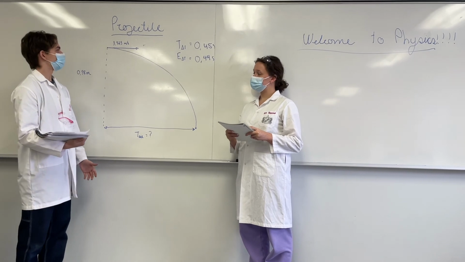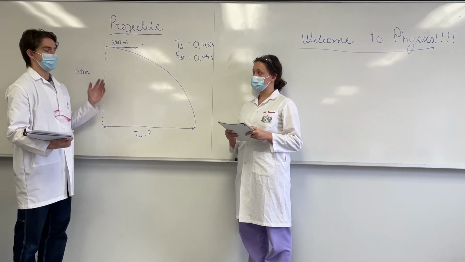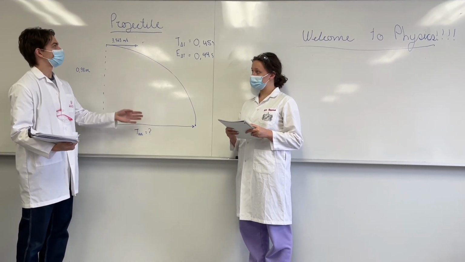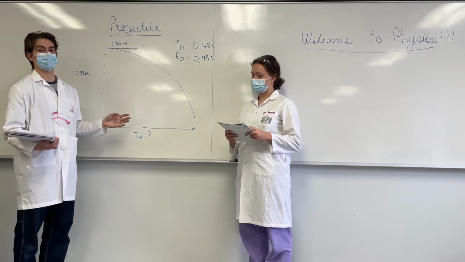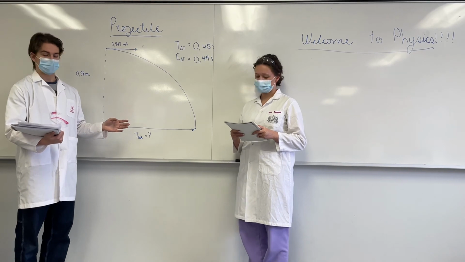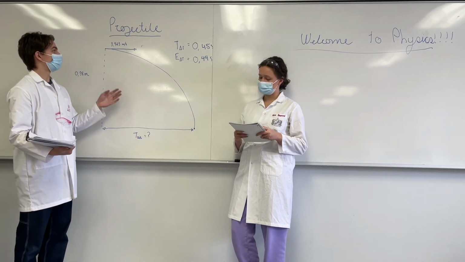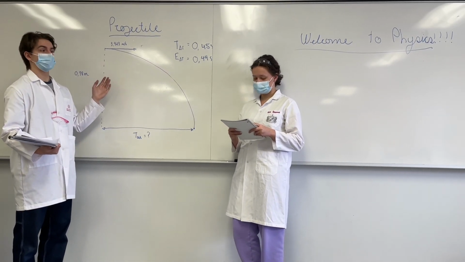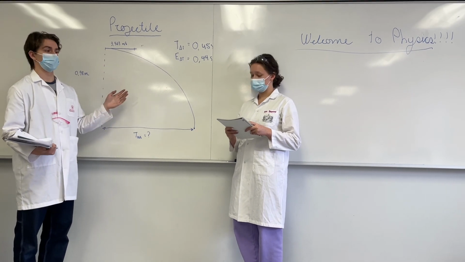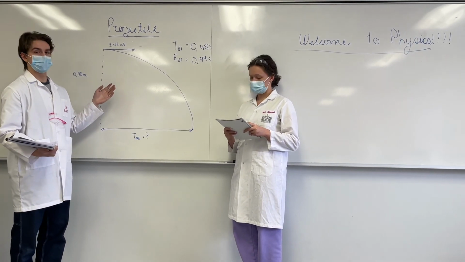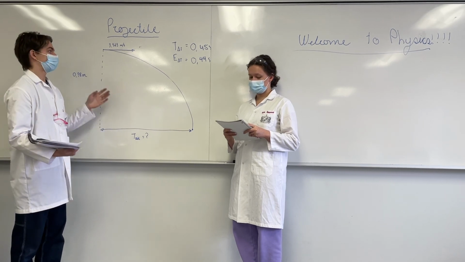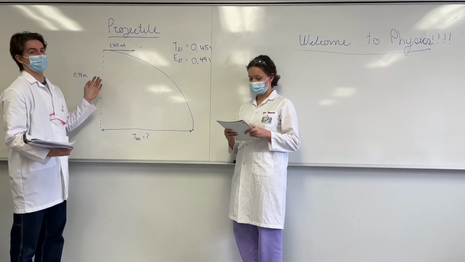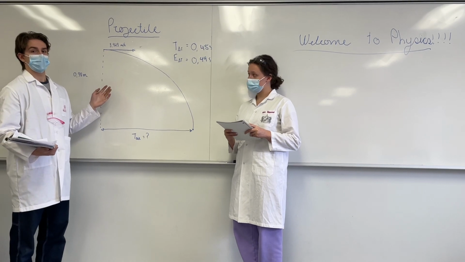From this lab, we understand that the y-axis and the x-axis of a projectile are completely independent from each other. Which means that even if two projectiles are thrown at two different speeds, one very fast and one slow, they will both touch the ground at the same time, because the y-axis is the same for the two projectiles, and the acceleration is